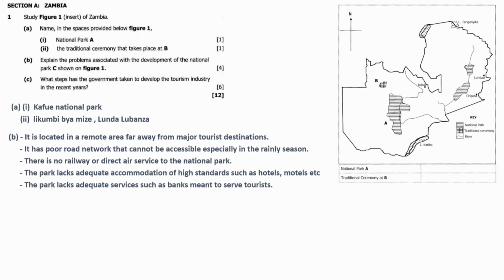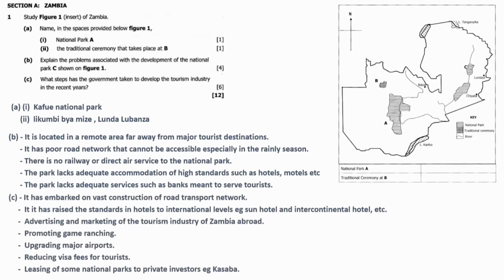And then C, what steps has the government taken to develop the tourism industry in the recent years? So we can say the government has embarked on vast construction of road transport network. It has raised the standards of hotels to international levels, e.g. the Sun Hotel and the Intercontinental Hotel. The government has also been advertising and marketing the tourism industry of Zambia abroad. The government has been promoting game ranching, upgrading major airports, reducing visa fees for tourists, and leasing some national parks